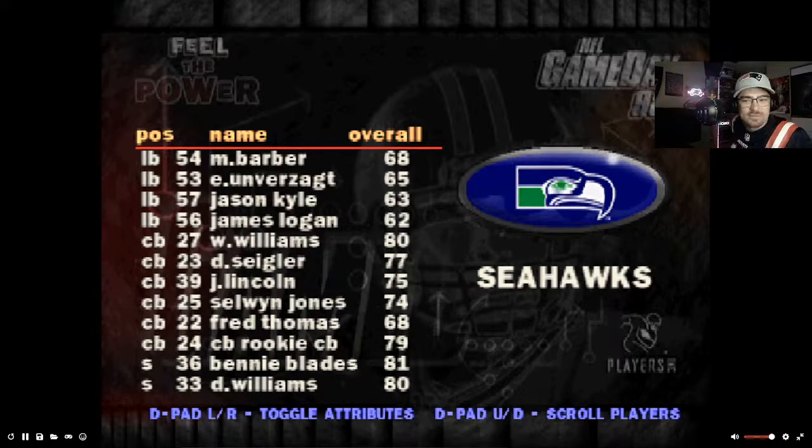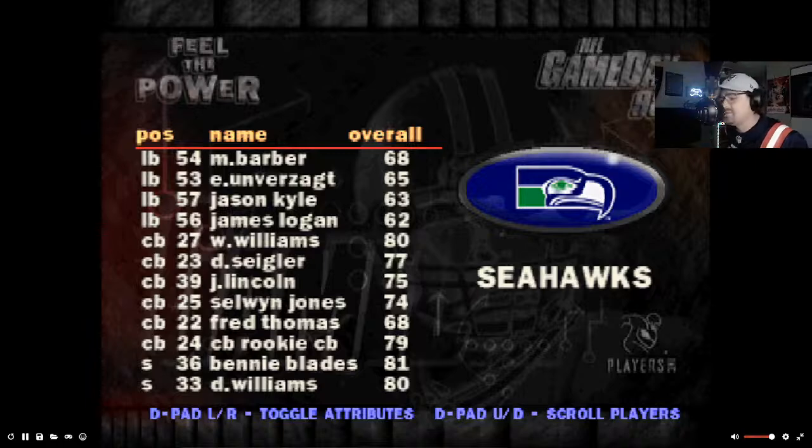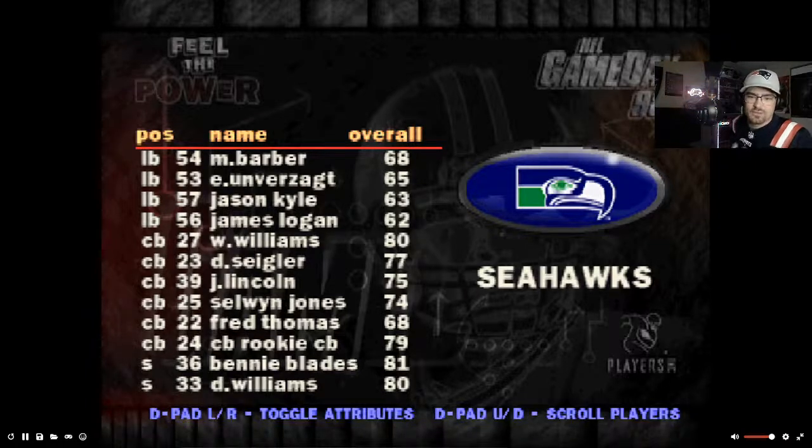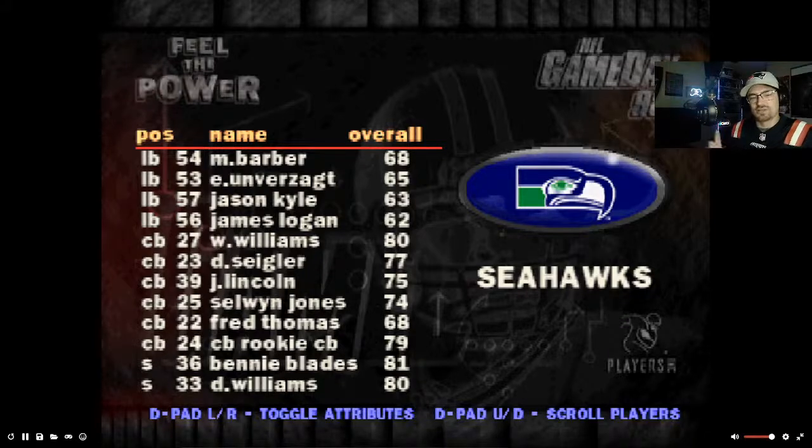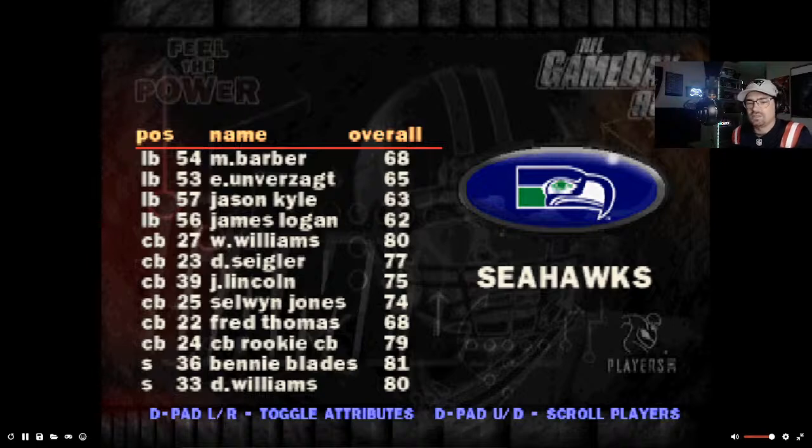I want to preface this by saying that this is the 28 teams, I believe. Yes, there's 28 teams in the NFL at this time. So, some things are going to be a little different. Seattle Seahawks, for example, were an 8-8 team, but they did not play in the NFC West like we know them today. They were actually in the AFC West.